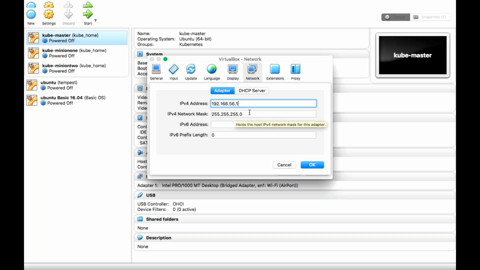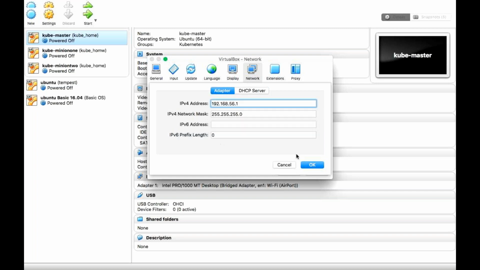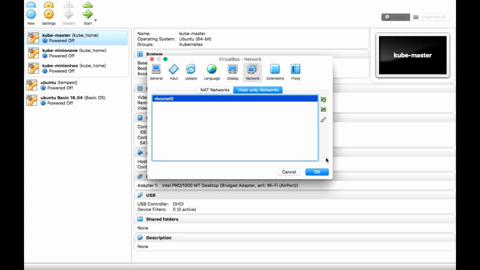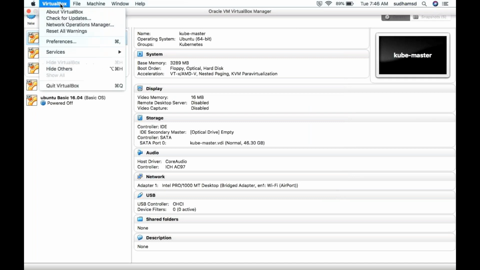virtual machines in this. I'm disabling the DHCP. I don't use DHCP, because I want to provide the IP address manually, and that should be static. Just remember these things. Initially it will be a bit confusing, but these are the mandatory things which we need to remember. So go to preferences.